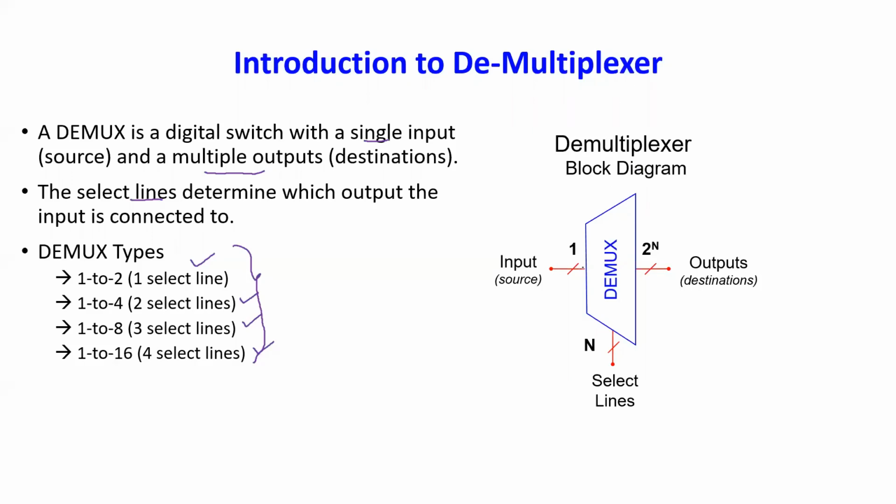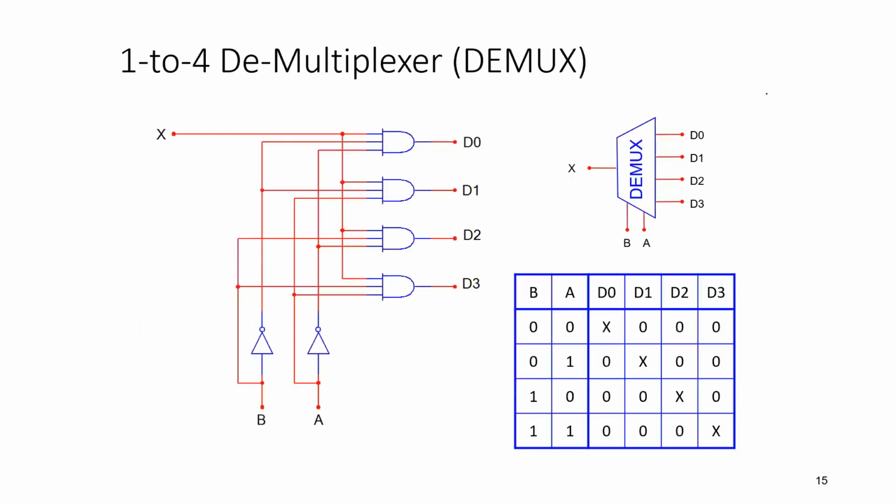Now this is the block diagram of your demultiplexer. Here you can see this is your input, these are your outputs, and these are your selection lines. On the basis of selection lines, you can have a number of outputs. Suppose I have 10 outputs, how many selection lines will be there? 4 will be there. The remaining outputs will not be used, but 4 selection lines are there. So this is just a general description of your demultiplexer.